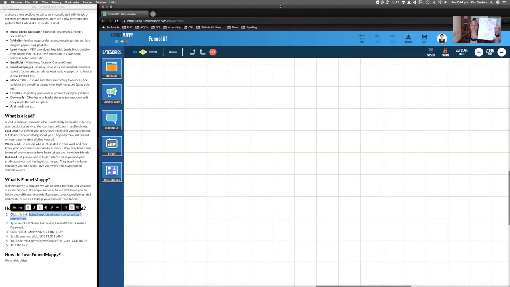And then it sends them to your website, to a particular sales page or your lead magnet. Your lead magnet is your free thing. It's a really cool free thing that they're going to be excited to get, in which they will give their email address to you in exchange. Maybe it's a free trial, like Funnel Mappy, where maybe if we love it, we will buy the paid version in the future.